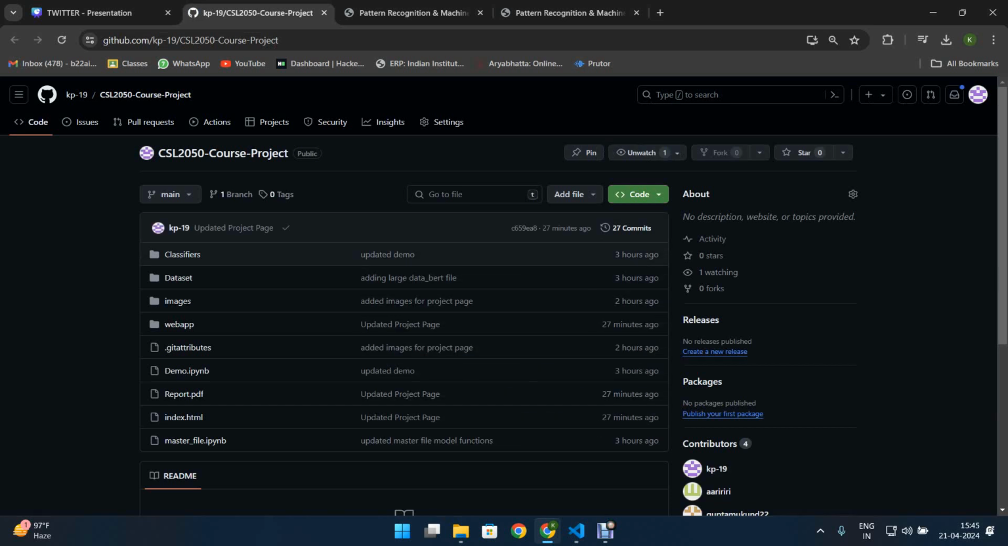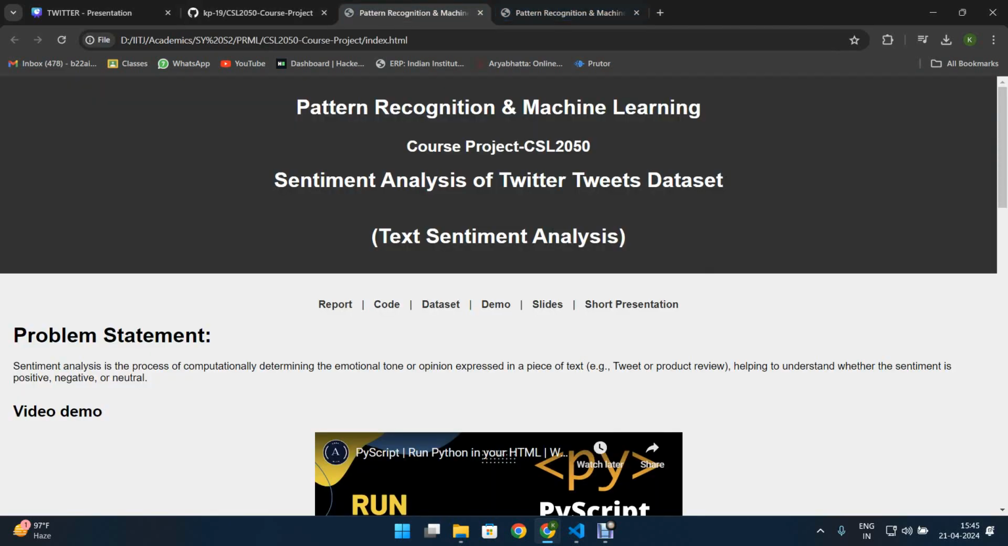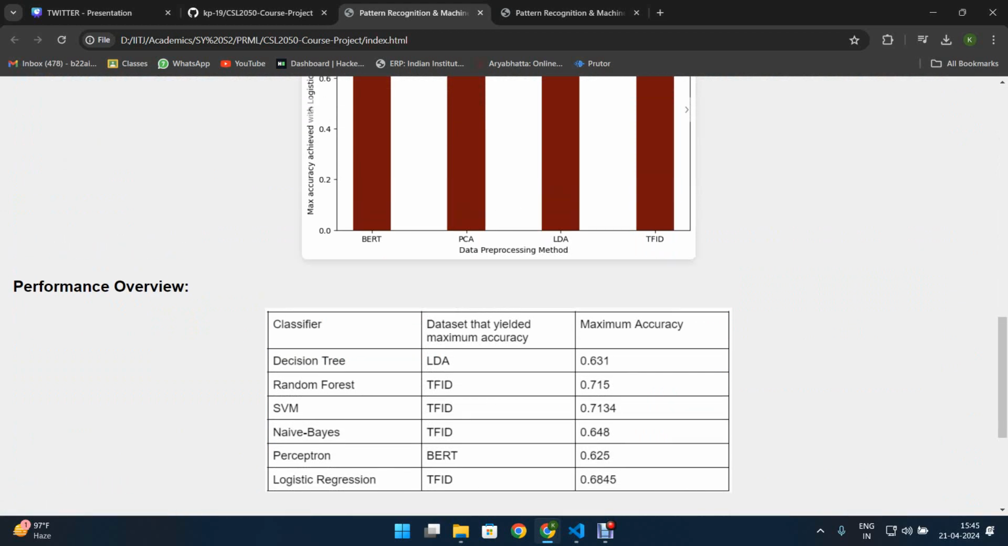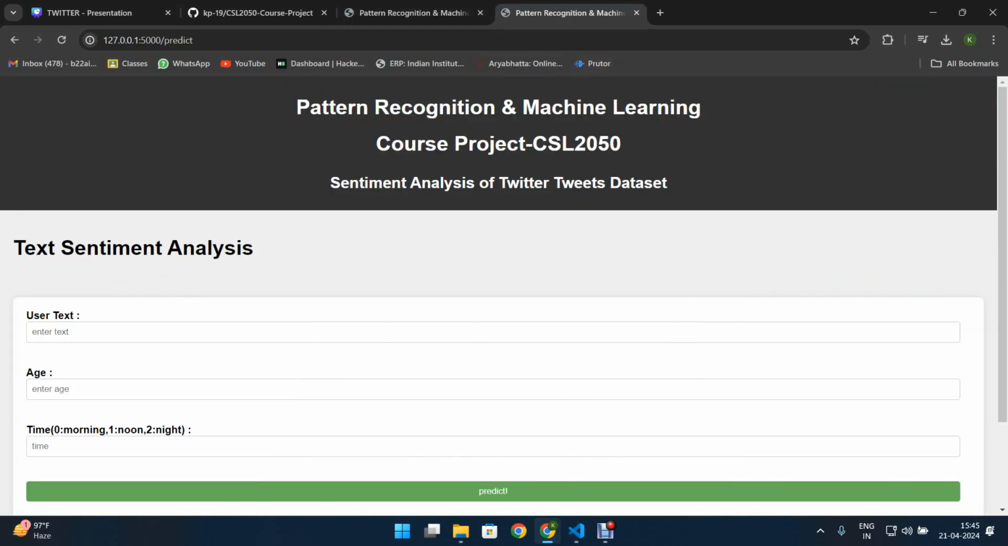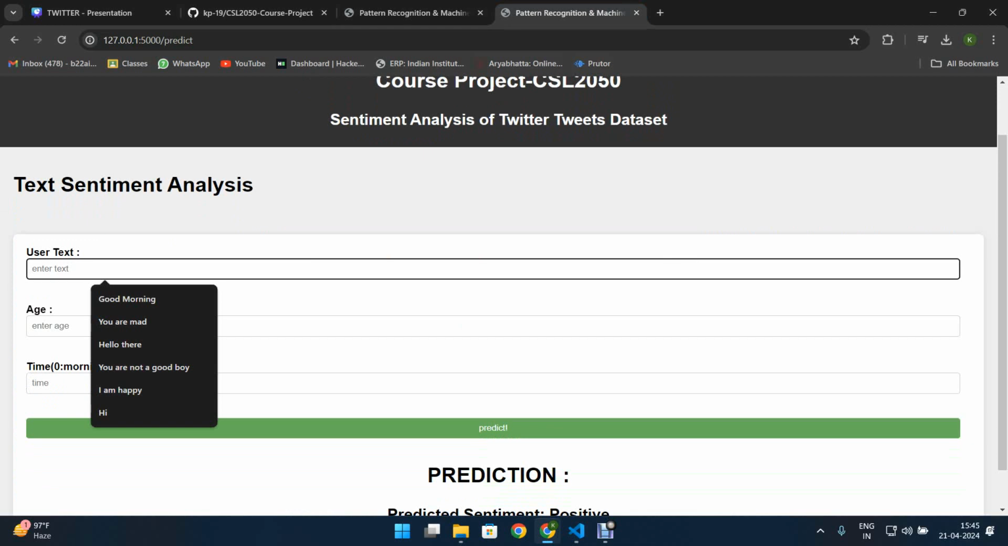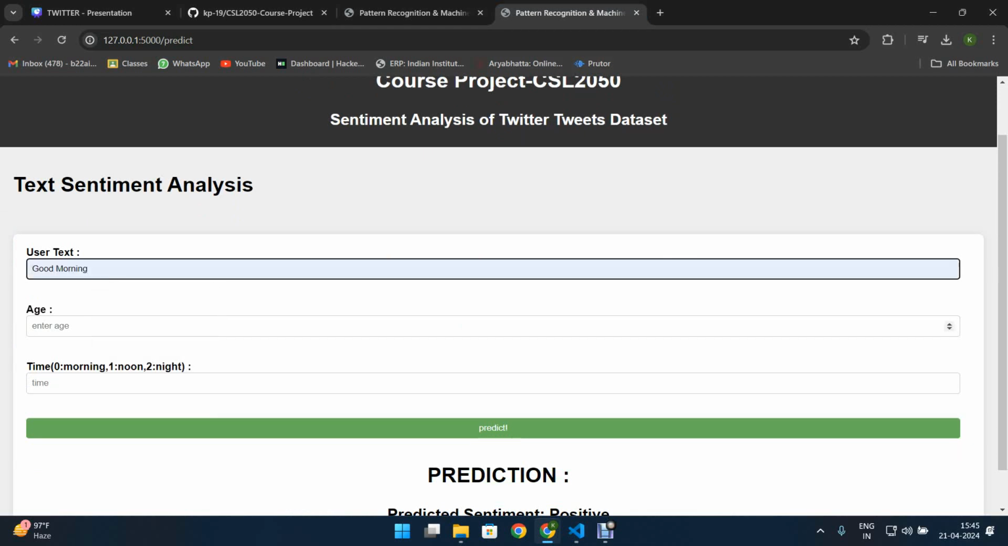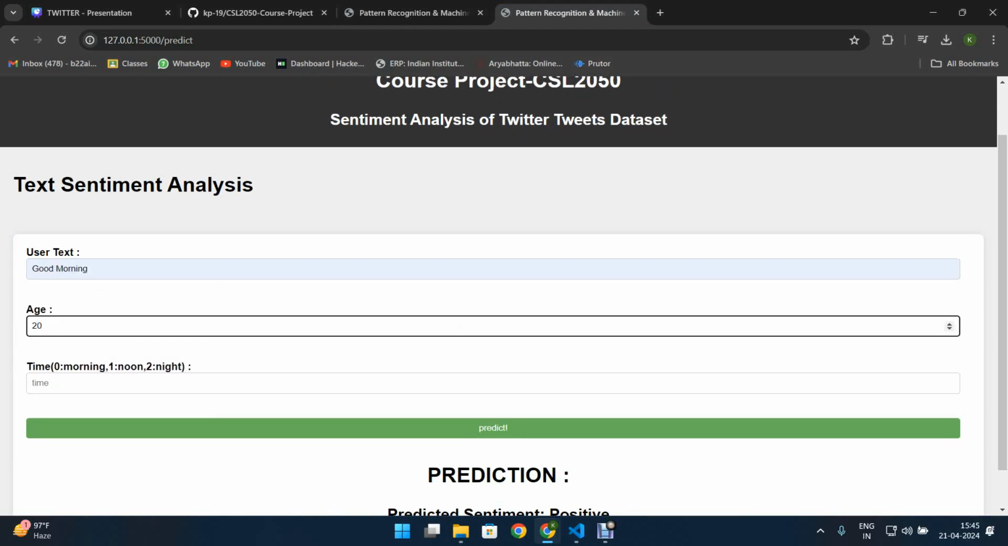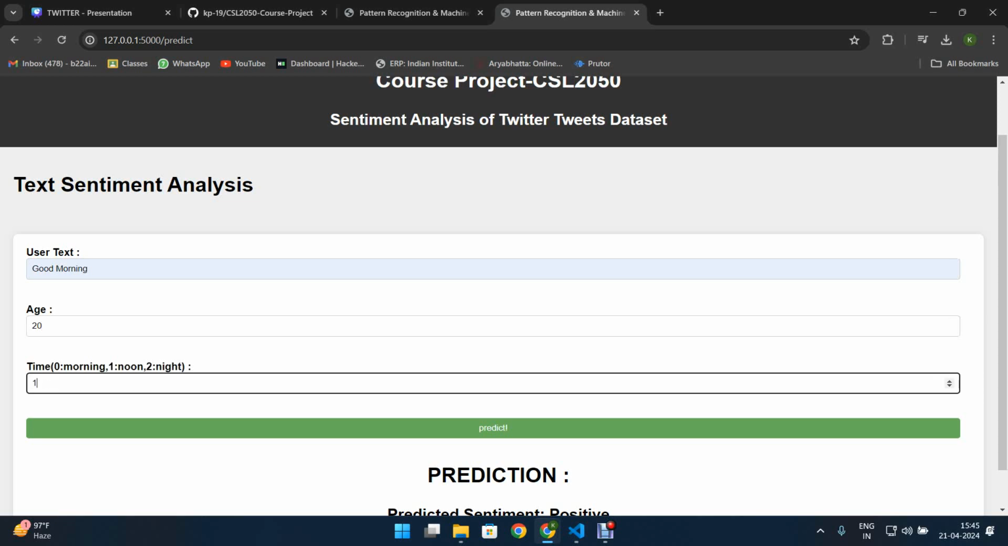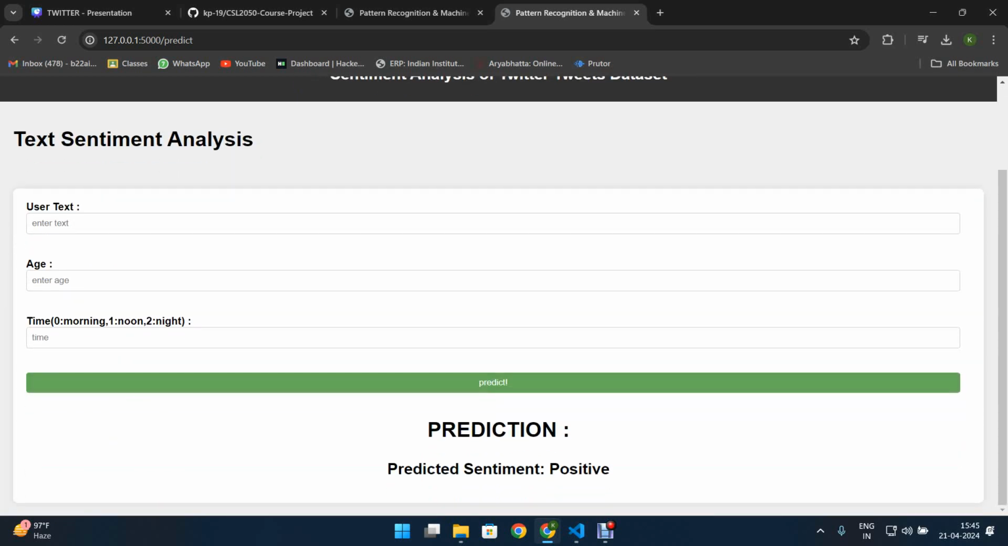So the repository basically includes our classifiers, the dataset CSV files, some images and web app related things, as well as our index web page for the project, which we can see here. This is the web page for the project, and we also have a demo page where the user can input values such as user text, let's say age being 20 and time being noon,